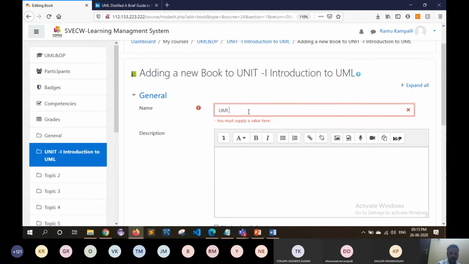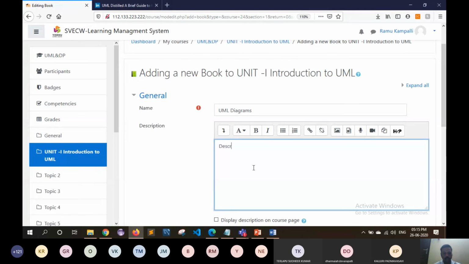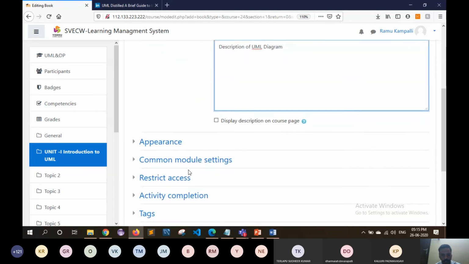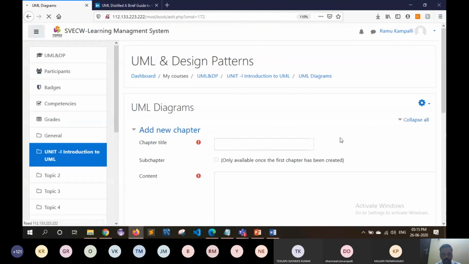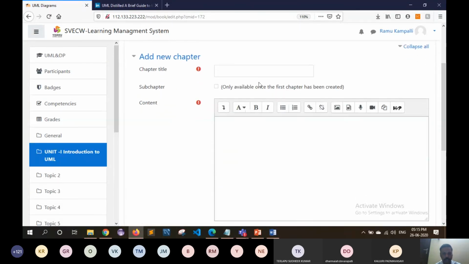So here suppose HTML diagrams. Here, if you click on save and display, then it will ask for adding chapters.